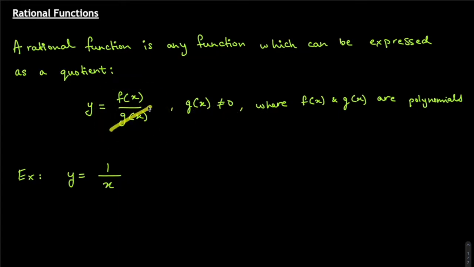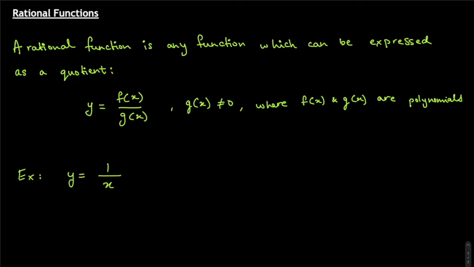If g of x is equal to 0, then this entire value becomes undefined because we have any polynomial upon 0, or any polynomial which will result in a constant value for different values of x, thus resulting in 1 upon 0 form or a constant upon 0 form like this, right? Which will result in an undefined or an infinity form, right? So essentially f of x and g of x are any arbitrary polynomials. We can assume them to be whatever they want, and when they are in this form, they are known as